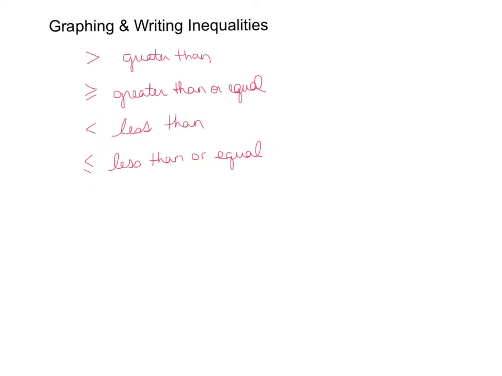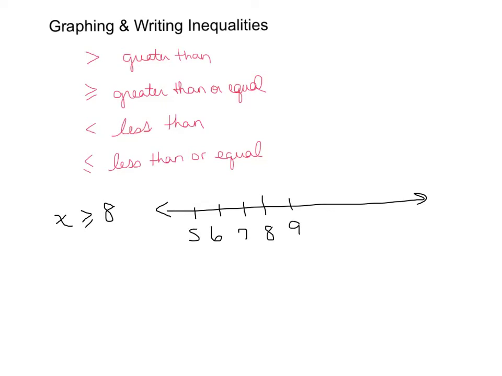So if I give you something like x is greater than or equal to 8, it means that we're going to look at a number line. We're going to possibly start at 8. Think about this being 7, 6, 5, go greater, 9, 10, 11, 12. What are the values that are larger than 8? Well, wouldn't it be 9, 10, 11, 12? Okay. So how we go about graphing these